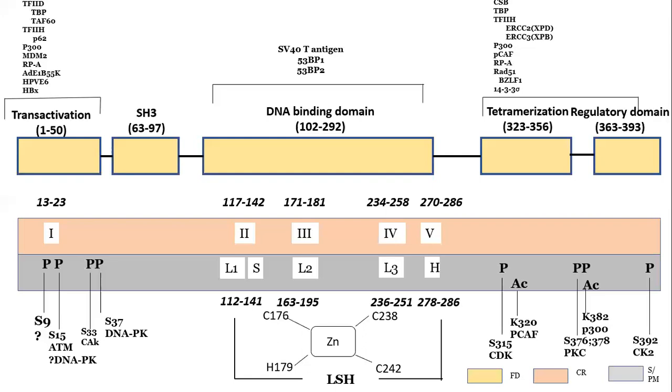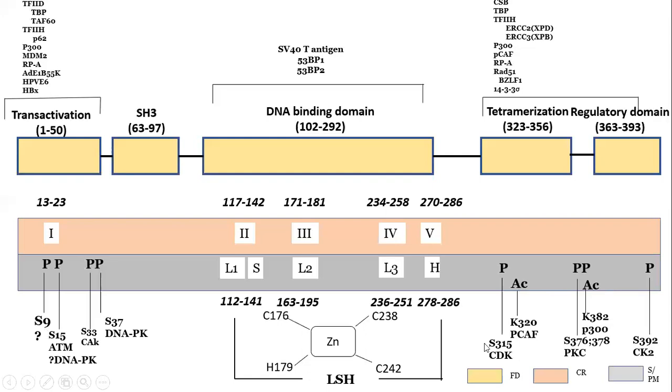Now coming to another portion here, with some symbols we have shown certain post-translational modifications that might act here. Many phosphorylation events occur at p53 which increase its stability, for example serine 9, 15, 33, 37 and 315, 376, 392. These regions undergo phosphorylation, and some regions of p53 undergo acetylation, for example lysine 320, lysine 382.